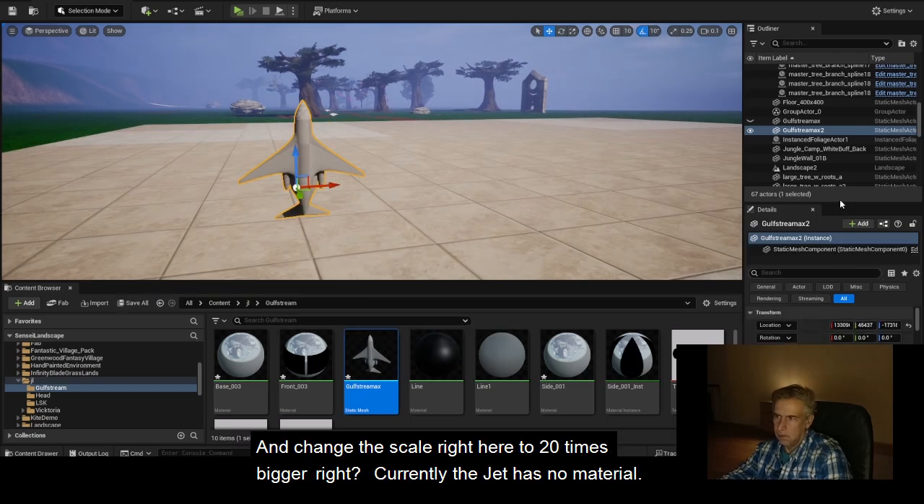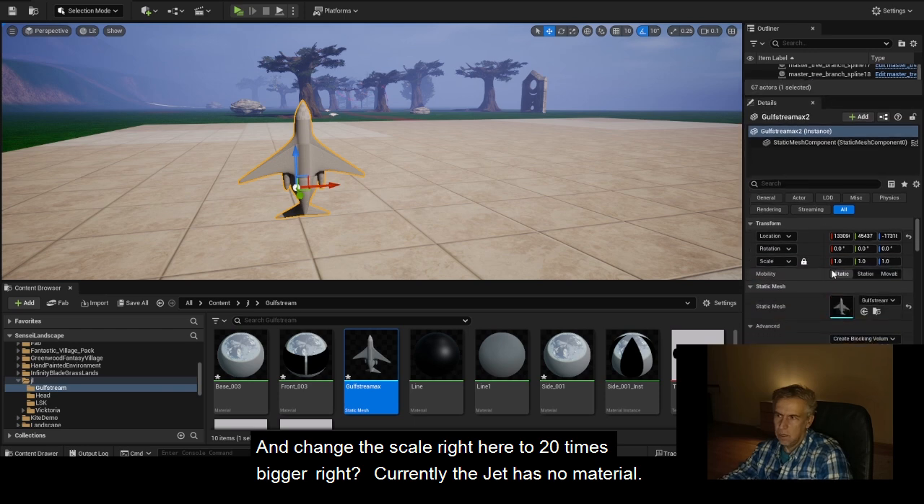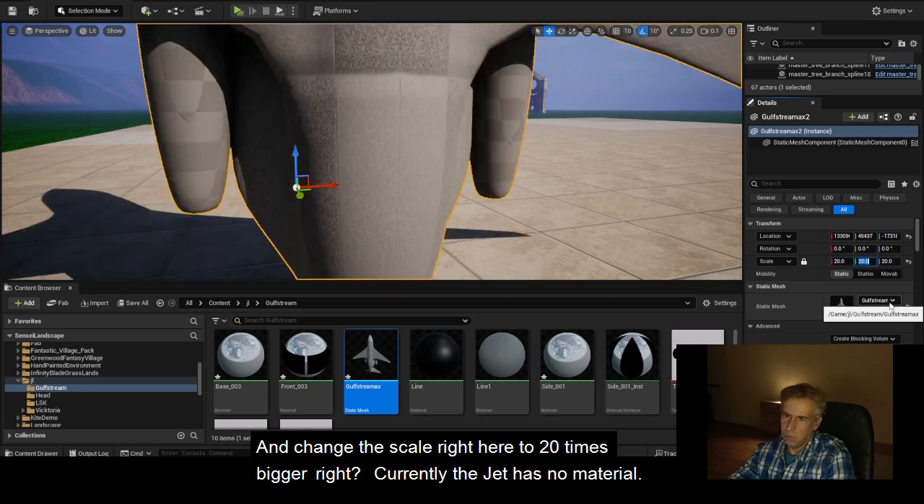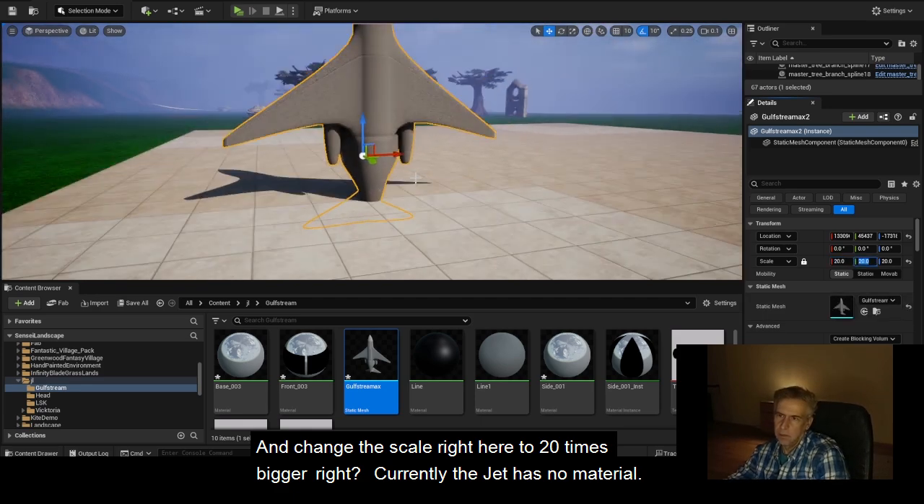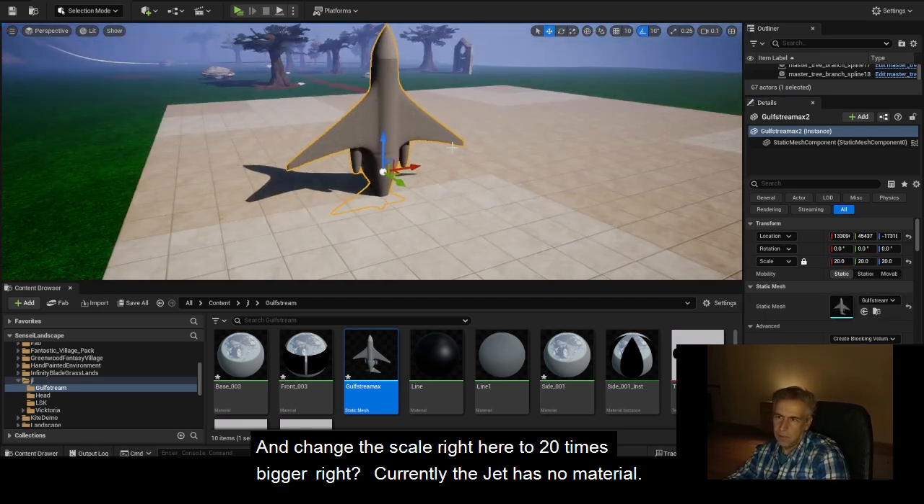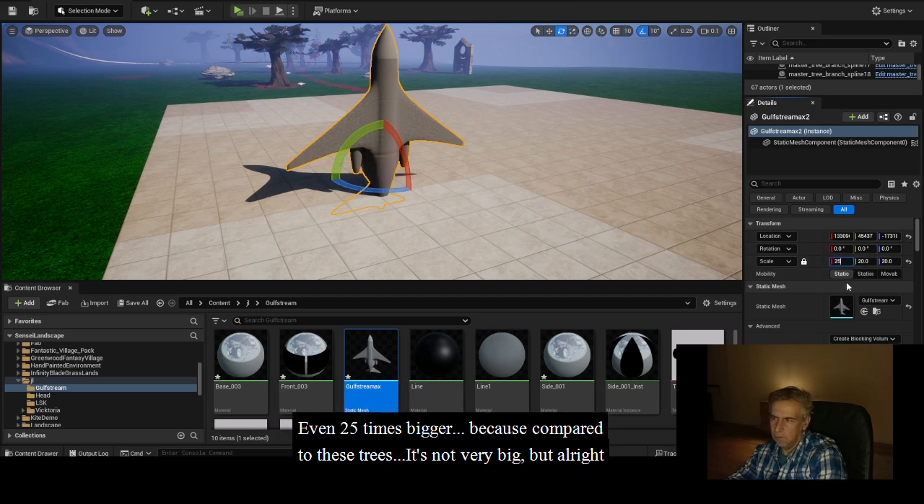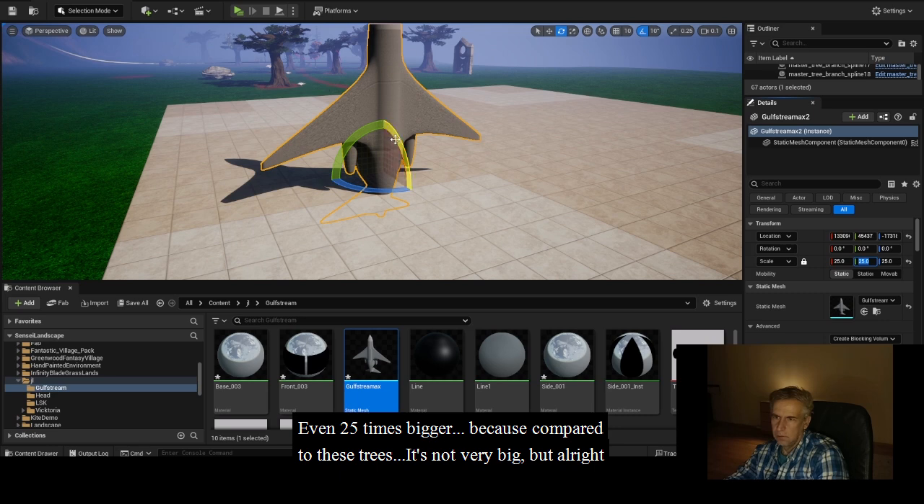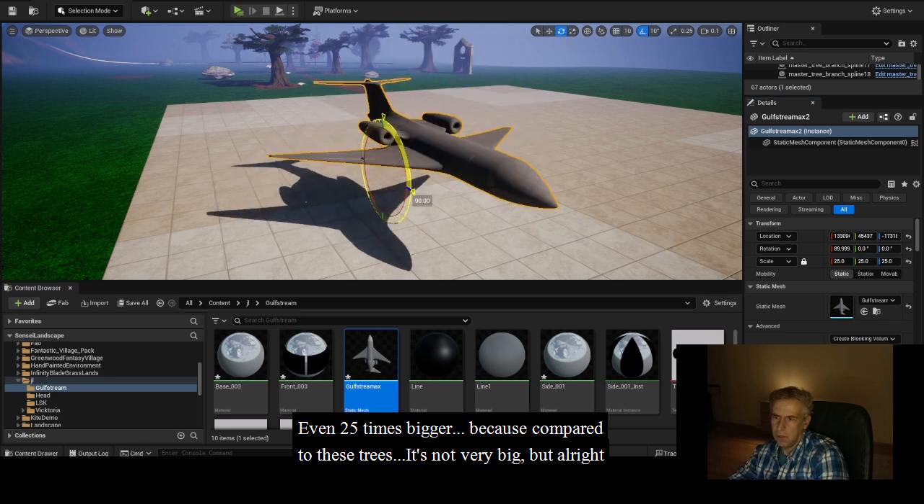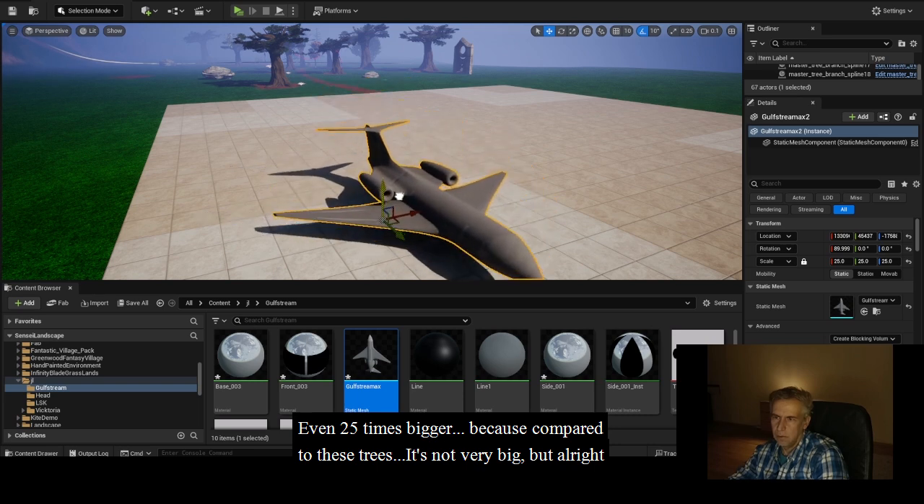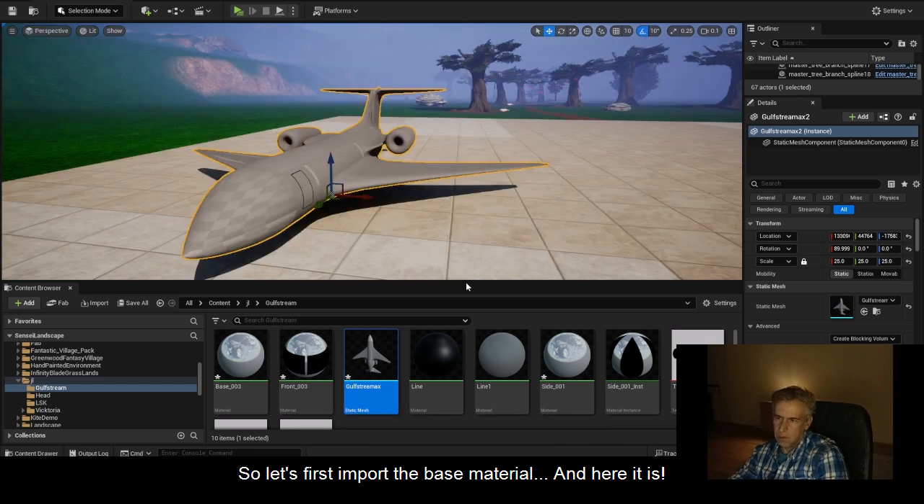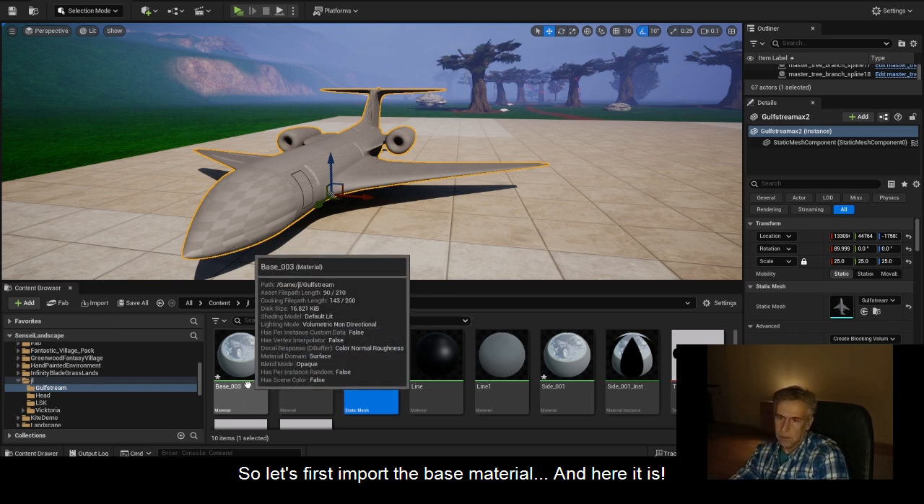and I'm going to change the scale right here to 20 times bigger, right? Currently, this airplane has no materials. Even, I don't know, 25 times bigger. Because compared to these trees, it's not very big, but all right. So let's first import the base material,